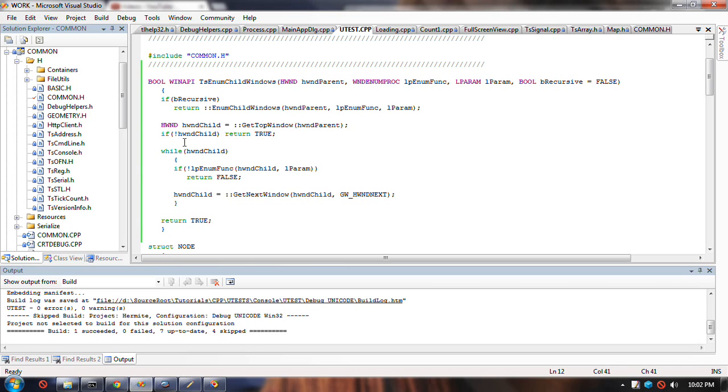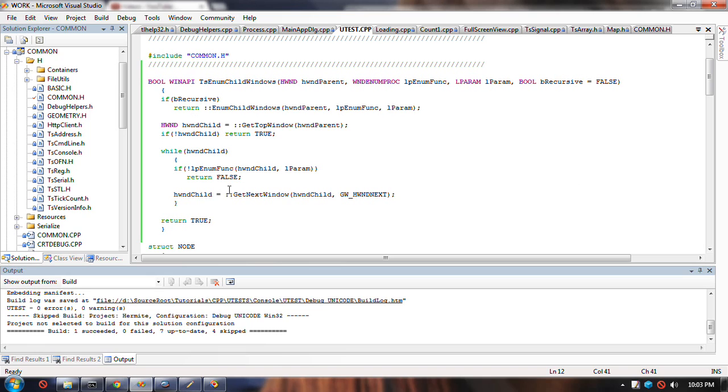Then it's just a matter of one of these loops, just like if you're doing a file search, you have a FindFirstFile and then you get FindNextFile, right? And typically when you run into a file that has the directory attribute, then you would recursively call your function again, right? And go through the files in that directory. In any case,